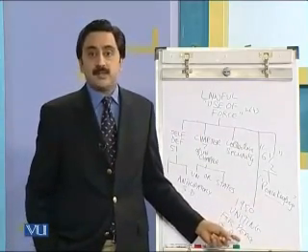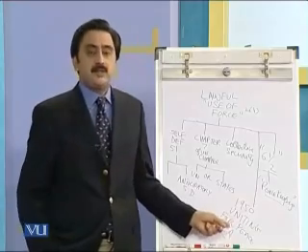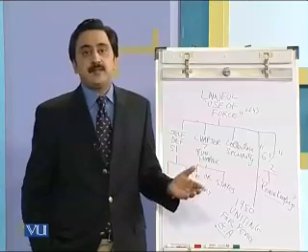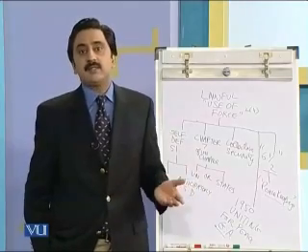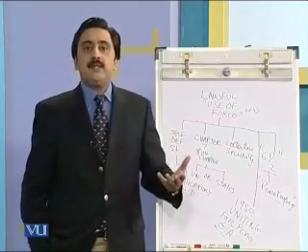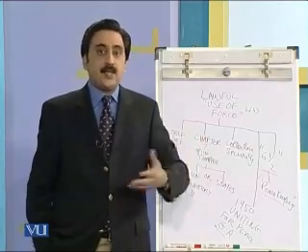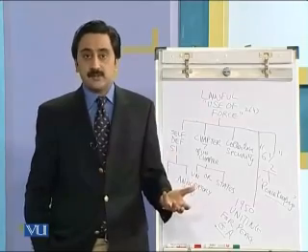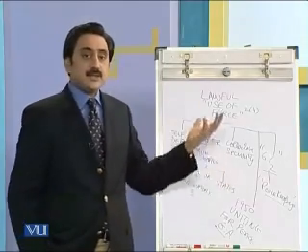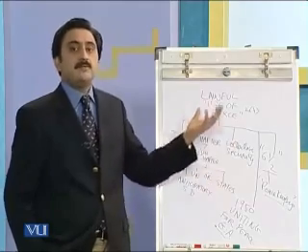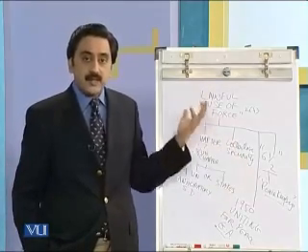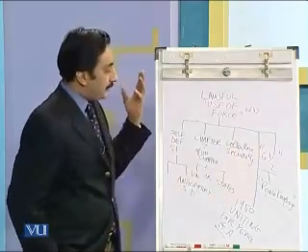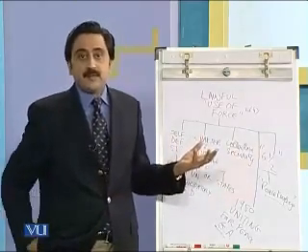Uniting for Peace resolution is a resolution which is generally overlooked or not taken note of. It's been a while since it has been used, or the reason is obviously political, but in a legal sense it is still valid. It can be resorted to, it can be used as and when there is a political will in the UN General Assembly. So now with this chart we come to a preliminary conclusion of the heads under which a use of force can be lawfully used. But there are 2 more provisions here which are missing, which I would like to add,